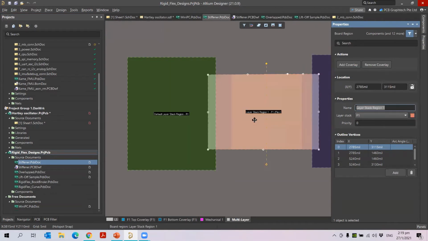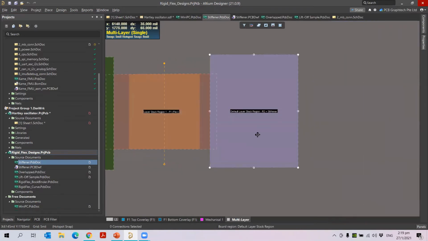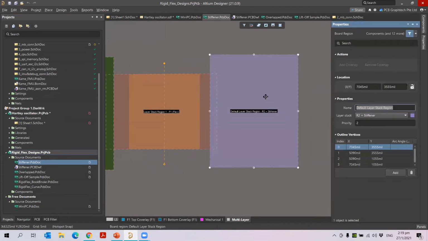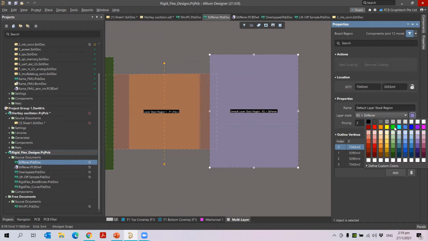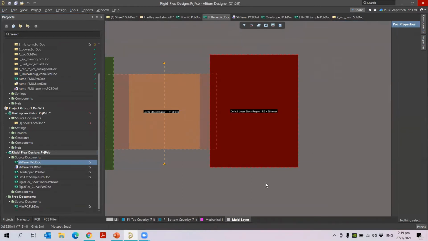If I select the second one, you will see the name, what layer stack is used and what is the priority of that region. Then again I choose this region, and you will see the name, the layer stack used and the priority. If I want to change the color of this board region, you can just click the color to change to any color you want. So for example, I can change this color.